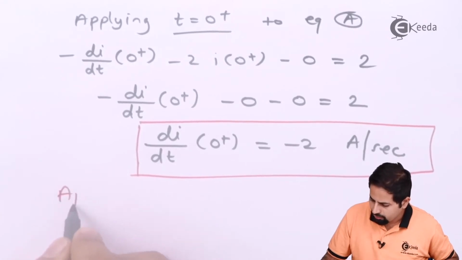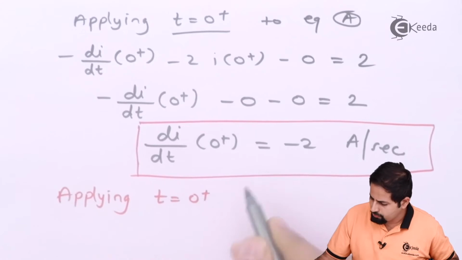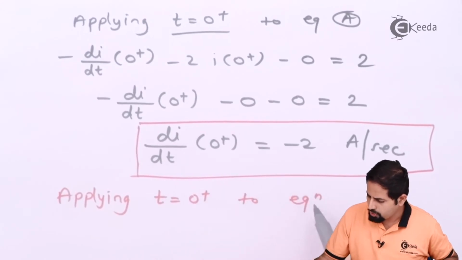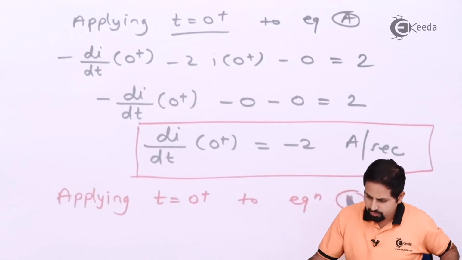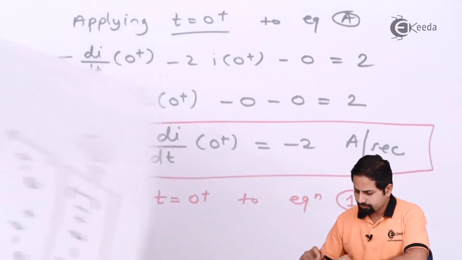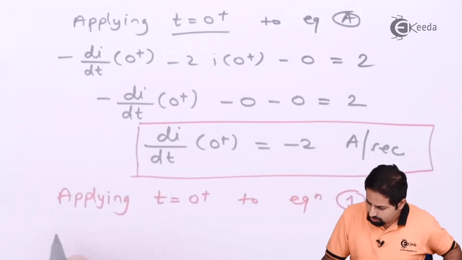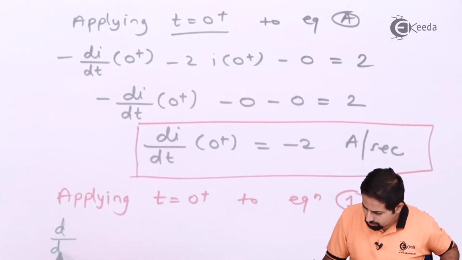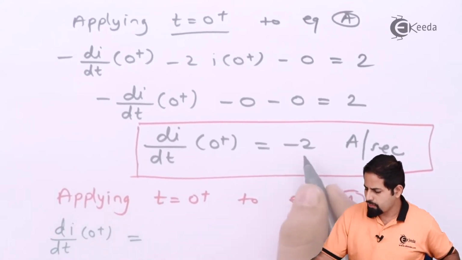So applying t equal to 0 plus to equation 1, and that will give me di by dt of I of 0 plus on left hand side, which is equal to minus 2,